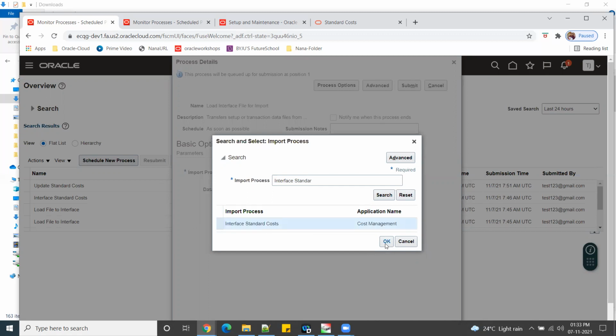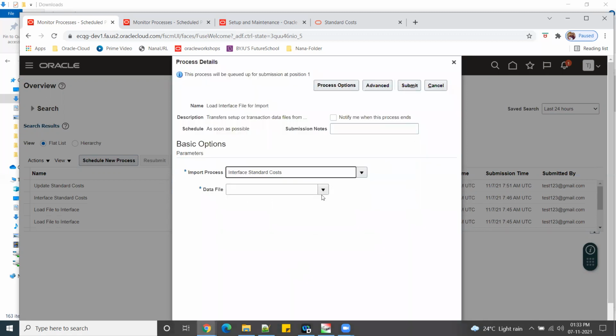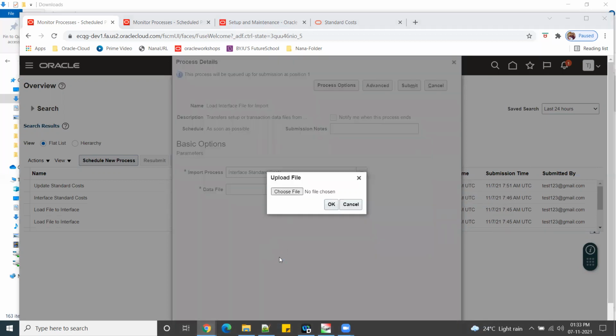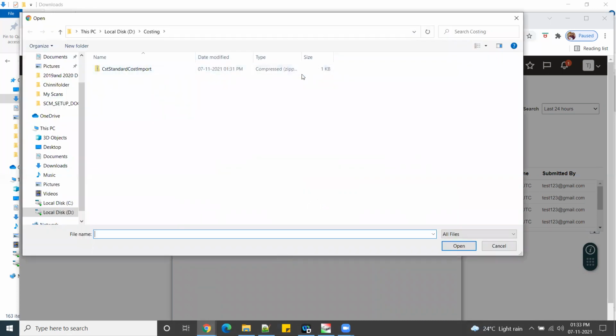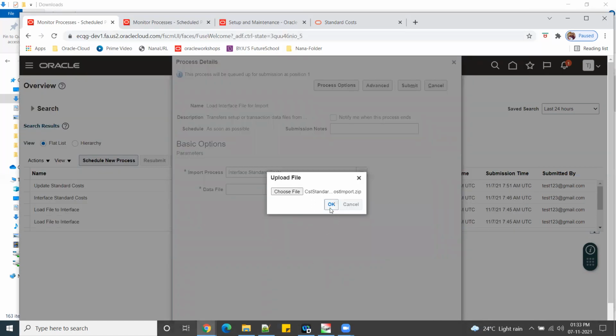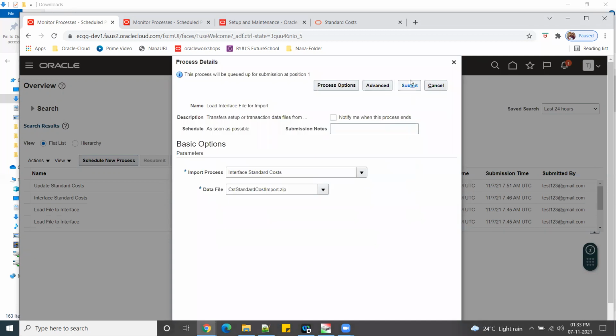So interface standard cost is the program name, concurrent program. Now you provide your data file: upload new file, choose the file, and this is the one, right? 131. Yeah, correct. Select your zip file, click on OK, and then submit your program.